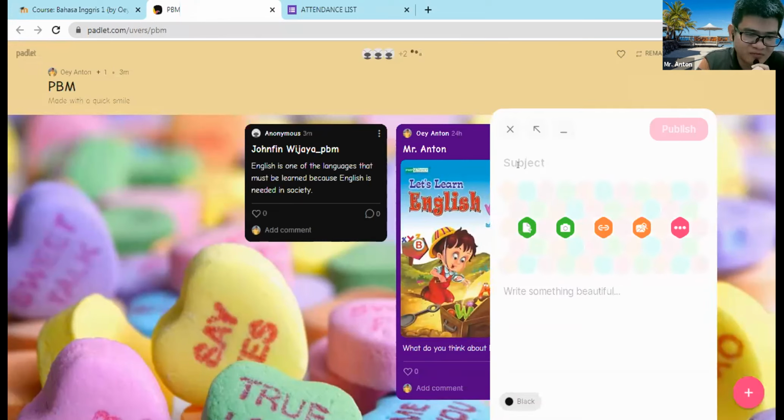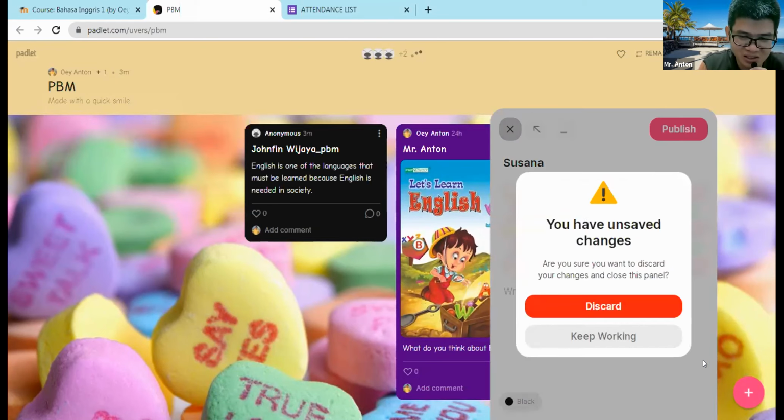Write down your name here. For example, your name is Susana. Click here. And then you can take the picture here. Boleh picture-nya ambil sendiri dari foto sini sambil selfie, boleh. Langsung ambil dari kamera laptop, bisa selfie sendiri. Atau mau ambil dari internet boleh, atau mau ambil dari file sendiri bisa. And then write down here. Tulis di sini. According to me, English is blah blah blah. My question is, what do you think about English? Silakan dikerjakan sekarang.